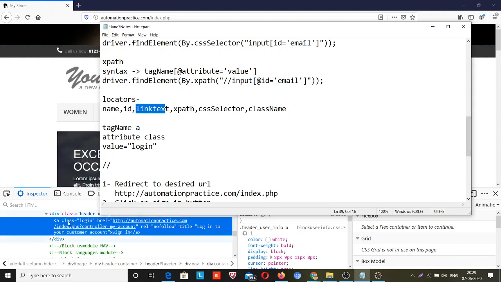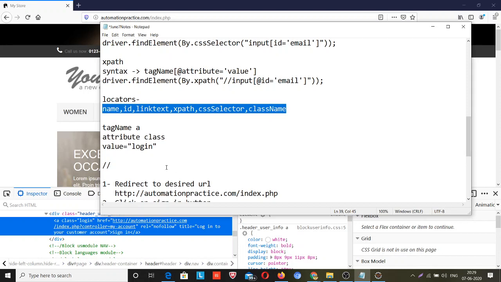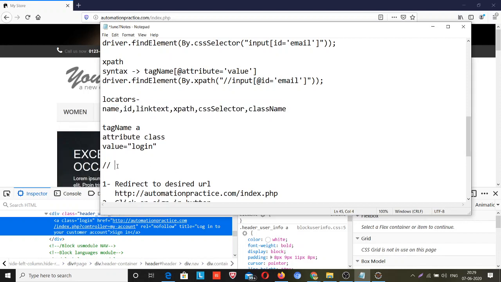Link text, because we have an anchor tag. XPath, let me write this with XPath. So what is the syntax of XPath?